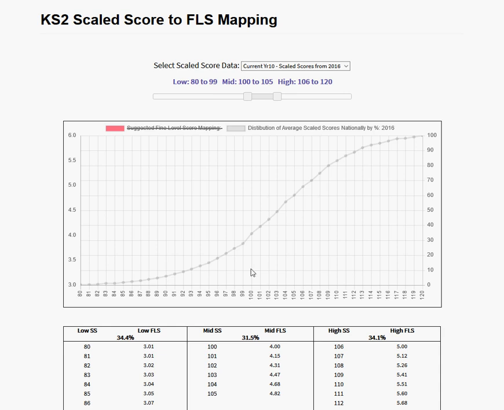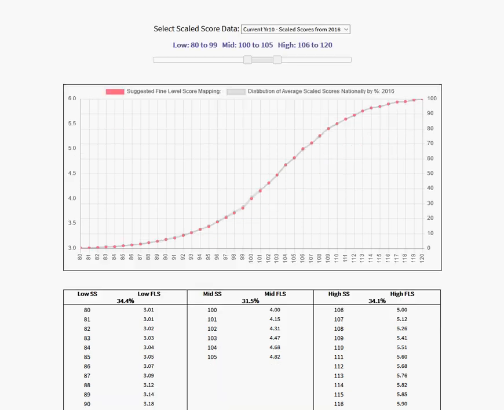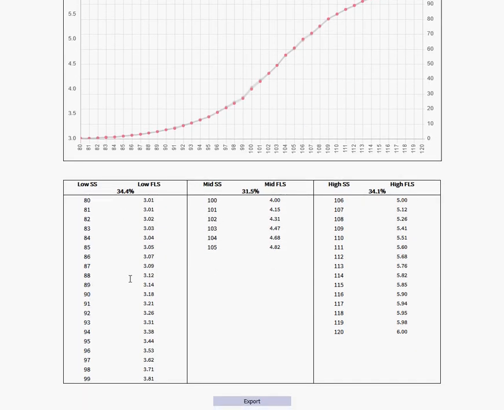those that scored 100, for example, we're looking at around 34% of students did that, and 69% of students got 107 or below, and then obviously at the top, 100% of students got 120 or below. Now if you turn the mapping on, you'll see as it currently stands it sits pretty much on top of that line. What that means is if we use this mapping scheme, then anybody who gets a 90 becomes a 3.18, anyone who gets 96 becomes a